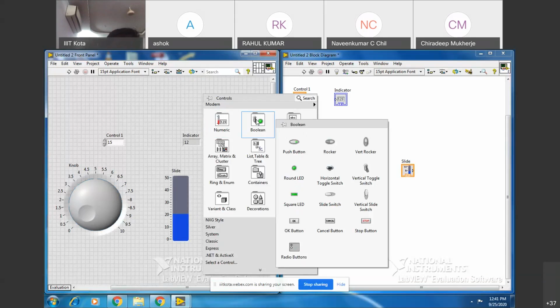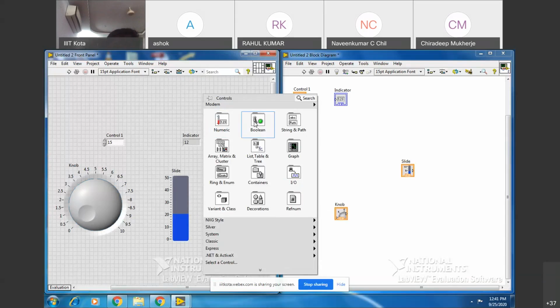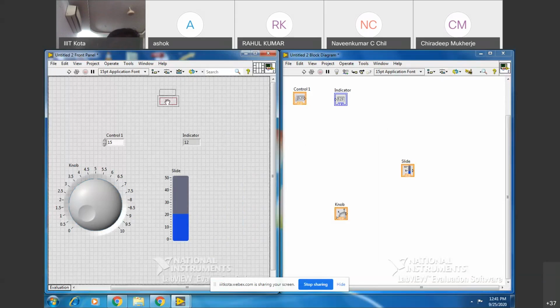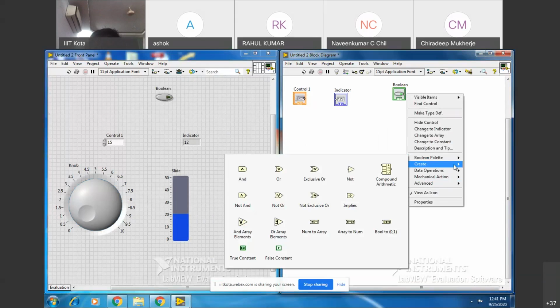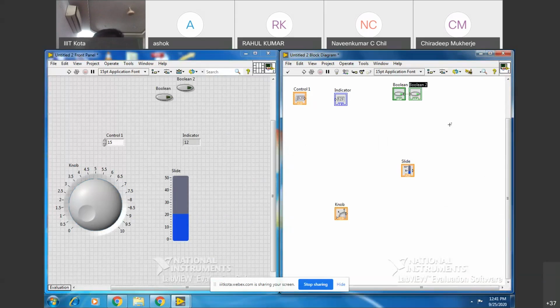Now let us see the Boolean. Just a Boolean. You just see there is a push button. Okay. Can you see this Boolean gray colored? Okay. Now if you create an indicator, how is the indicator for the Boolean? That indicator is again another Boolean. Okay. So if I run that,